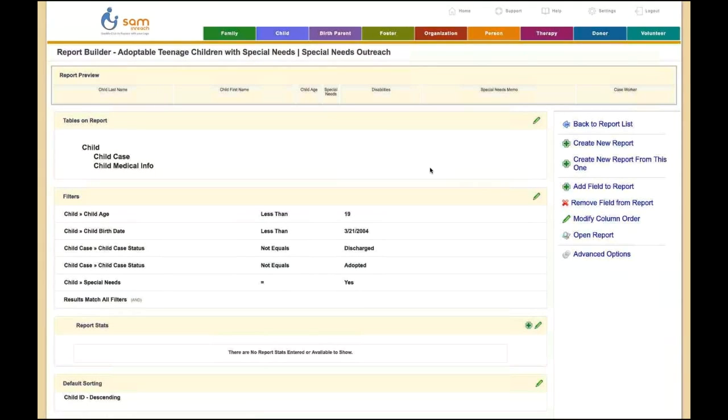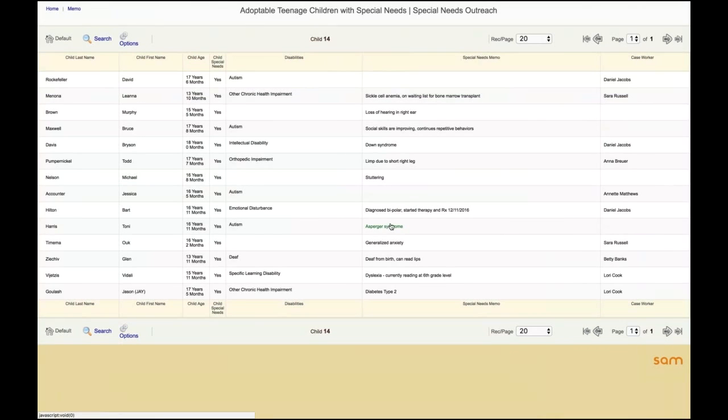Let's see, I'm going to open my report again here on the sidebar. Great. I'm going to click over here, records per page, and change this from 20 to all. So I can see these are all the children who are between 13 and 18 plus years old who have special needs. Here's where the fun stuff starts to happen, in my opinion. Now that I have information that's really narrowed down to my purpose, I can start cleaning up the data or using the data in a way that's helpful. The first thing that I noticed looking at this is that my